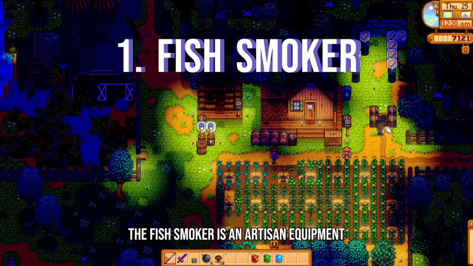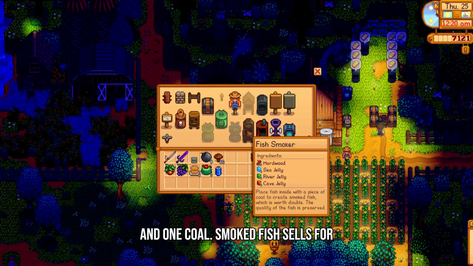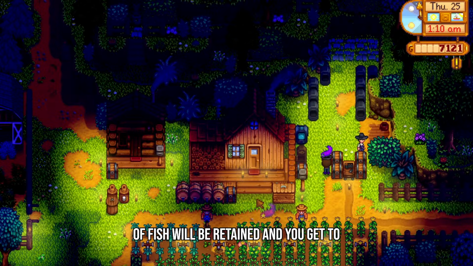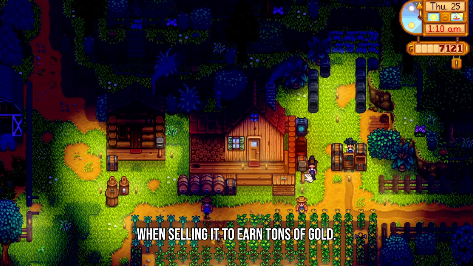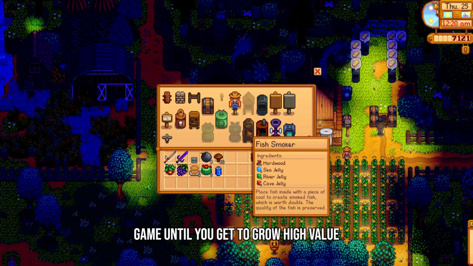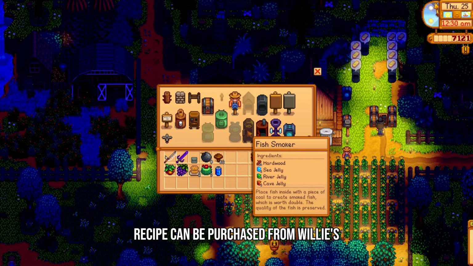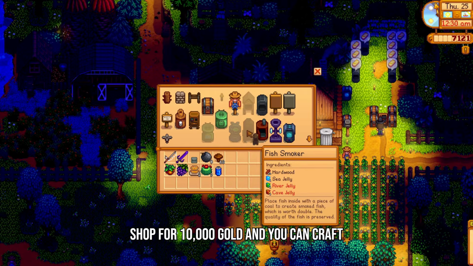The fish smoker is an artisan equipment that produces smoked fish using any fish and one coal. Smoked fish sells for double the value of the fish. The quality of fish will be retained, and you get to stack fisher, angler, and artisan buffs when selling it to earn tons of gold. This is a great way to earn gold early game until you get to grow high value crops like star fruit. The fish smoker recipe can be purchased from Willie's shop for 10,000 gold, and you can craft one using